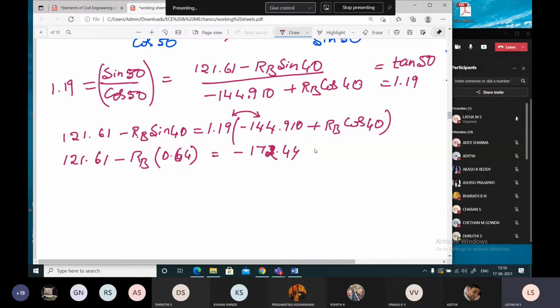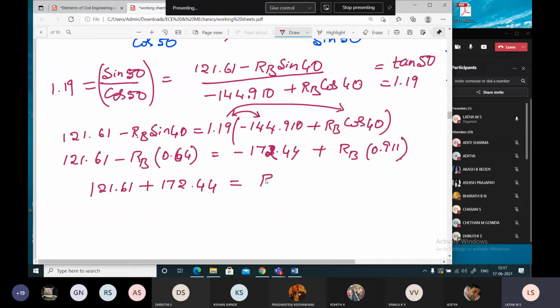Plus, yes. Multiply this, 1.19519 into cos 40, 0.911. Now you bring it to one form: 121.61 plus 172.44. Then I'll get this, RB